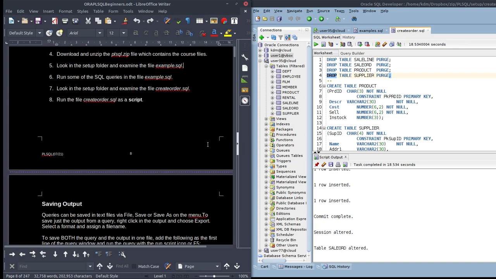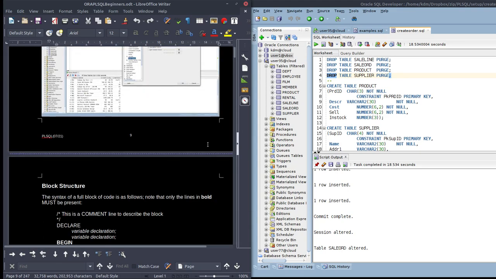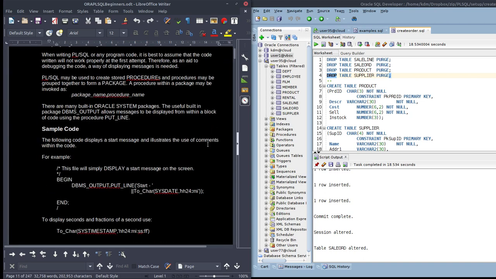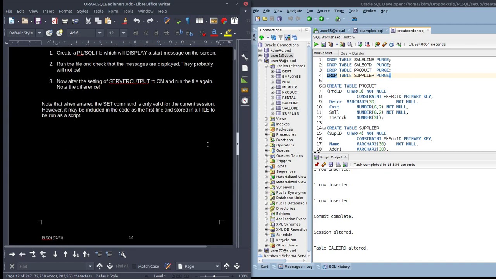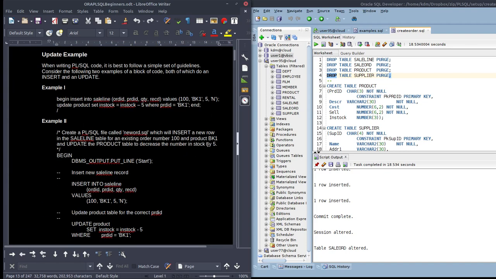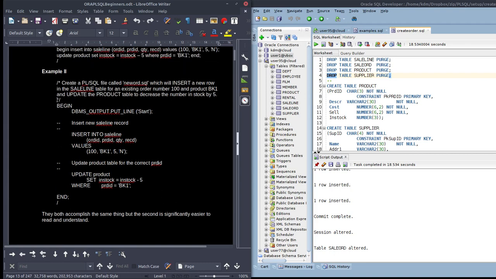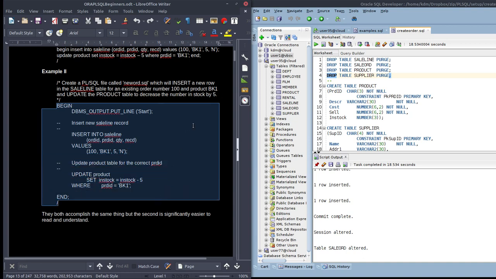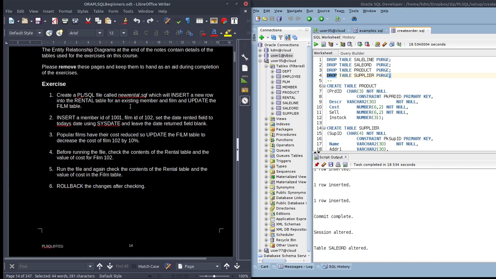Right, then we go on and look at how to save output, how to customize developer, and the block structure when writing simple PLSQL blocks, which are called anonymous blocks because they don't have names, they're not stored in the database. It brings you to this sort of thing as an example block, which has an insert and an update, and the first exercise in the course there is to create a similar block.